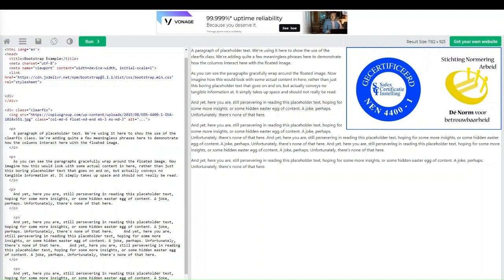So gutters are basically the padding between your columns, and they're used to space your content and align your content responsively within the Bootstrap grid system. The way they work is that there are gaps between your column content created by padding, so padding left and padding right on each column, and they use negative margin to offset that at the start and end of each row